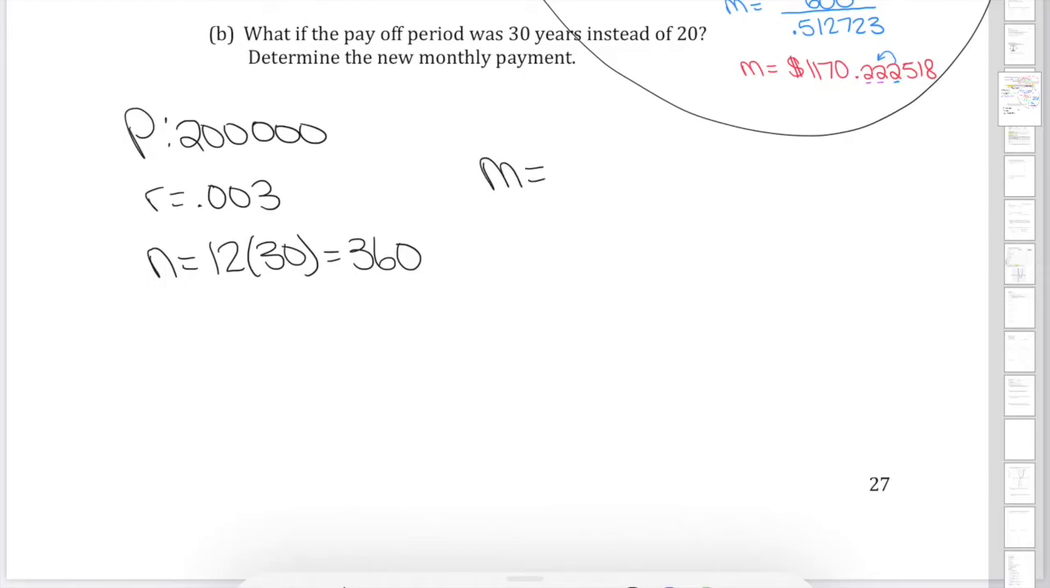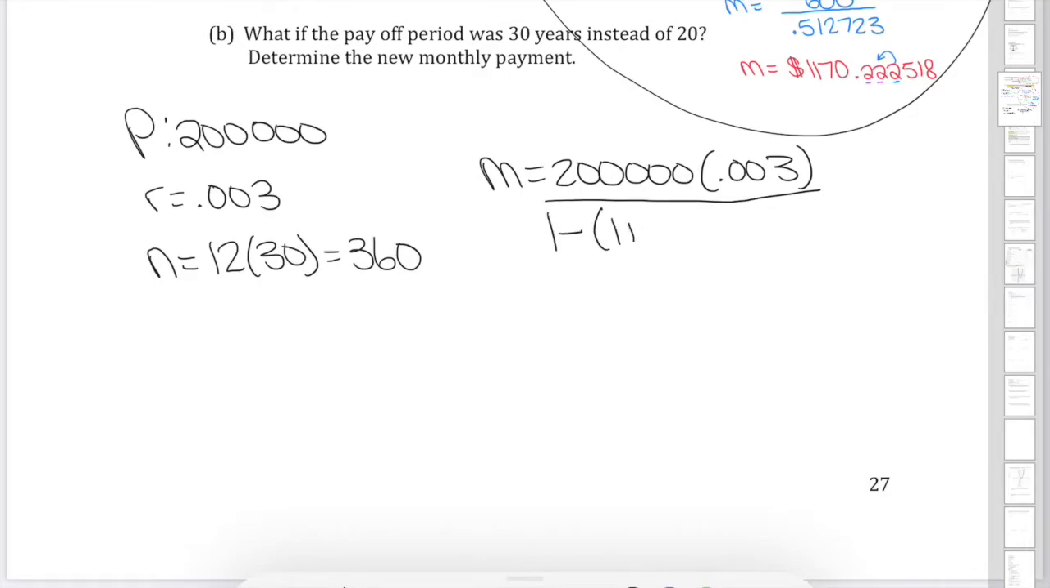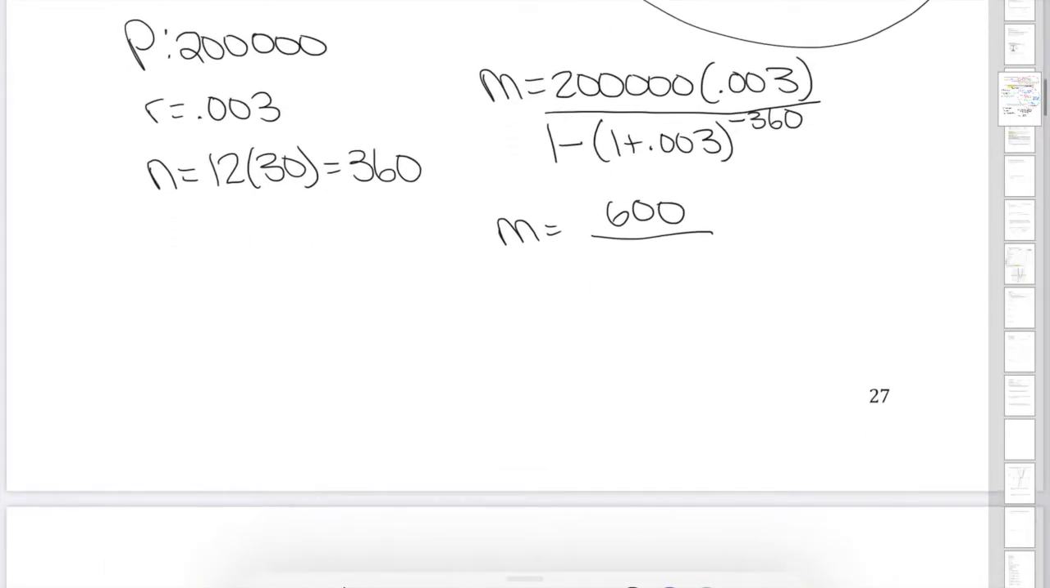Okay, so if you're coming back, hopefully we're plugging this in, so I'm just going to plug it in with you real quick. So 200,000 times 0.003. That was all the same on top. You could have even just brought down the 600. This is 1 minus 1 plus 0.003, but now it's to the negative 360. So this will be 600 on top, like we just said. That didn't change. This is going to be 1 minus, remember this right here is just 1.003. I'm not going to rewrite that step, especially since you've already done it on your own. But when you plug in the 1.003 to the negative 360, that should get you